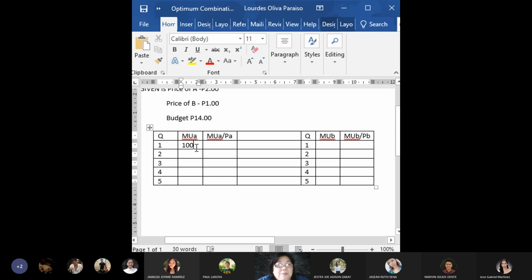So, the unit measurement for utility is called utils. Again, the unit measurement for utility is called utils. Now, you have 100 utils, and then if you're going to add one more,